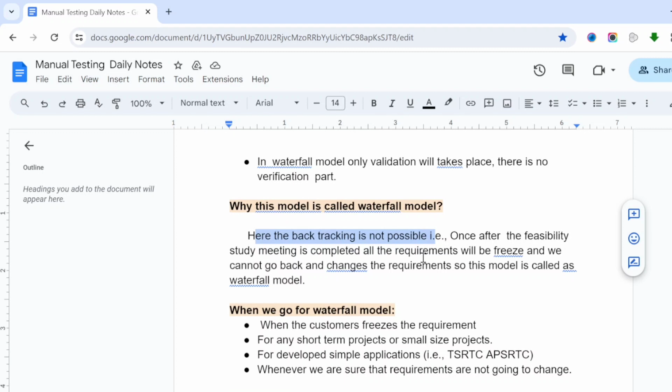So these are the 7 phases in SDLC, right? What are the 7 phases we have? Requirement gathering, feasibility study, design phase, coding or development phase, testing phase, installation phase, and maintenance phase. Okay. So see, in waterfall model,